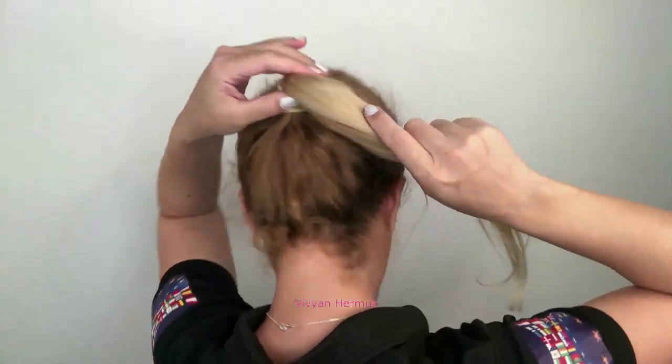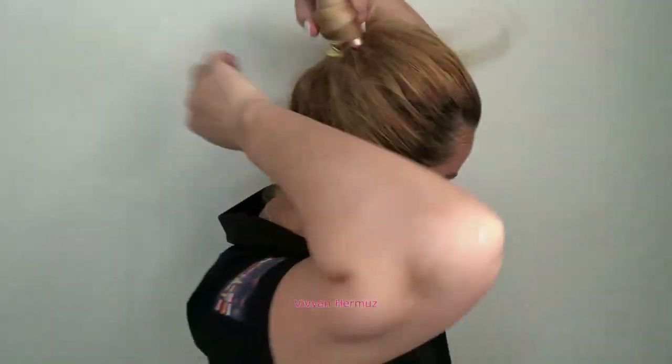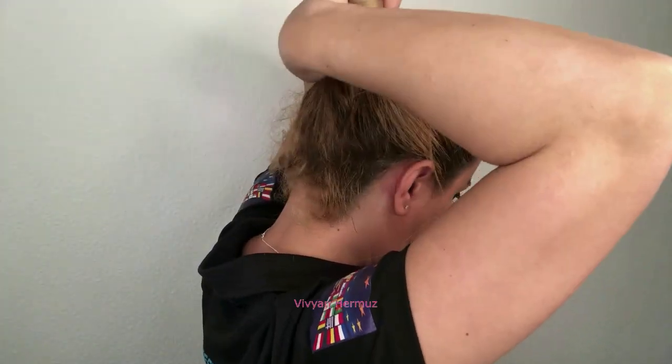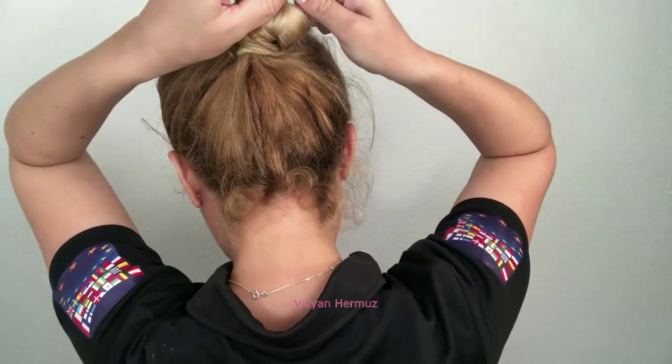Today I will show you how to use a hairpiece for a party or wedding. First you need to have your hair in a ponytail. As you see, I have it on my crown, and then you twist your own hair and put it in a knot. Secure it with a Barbie pin,